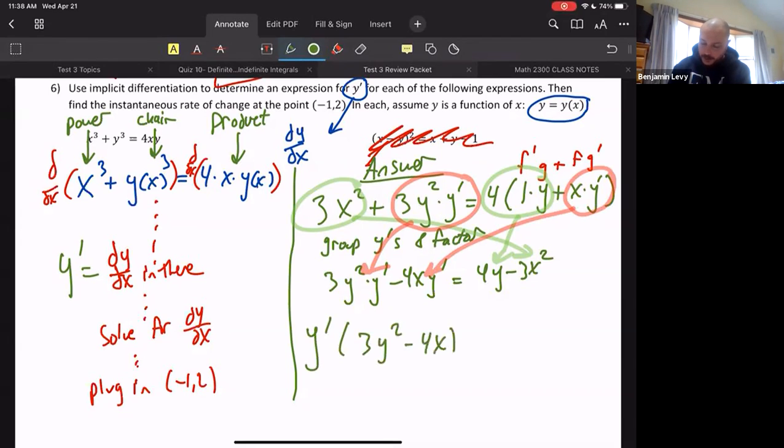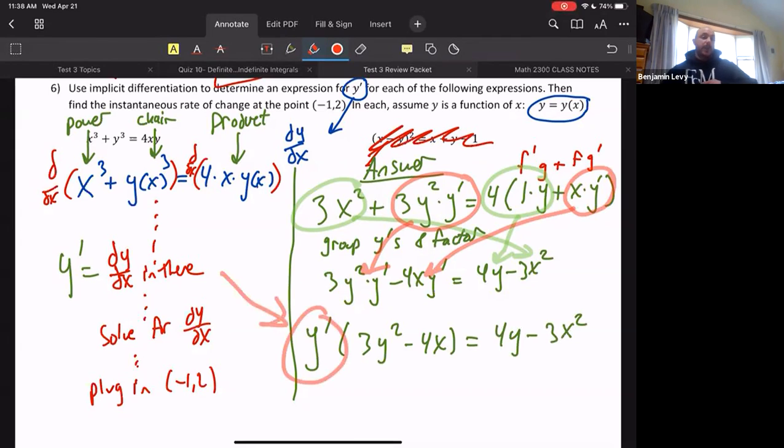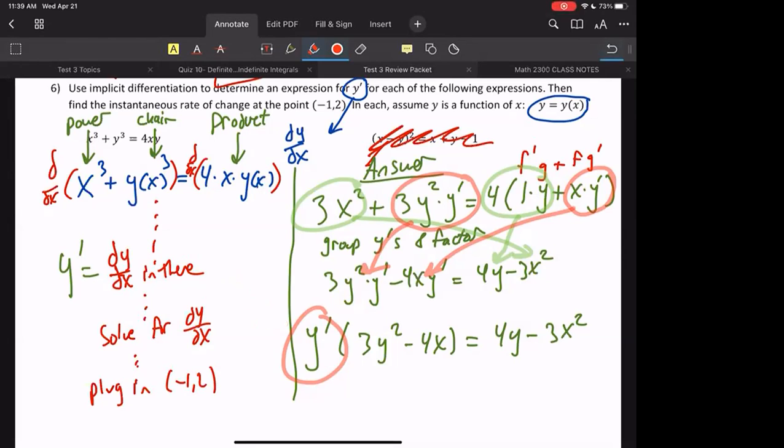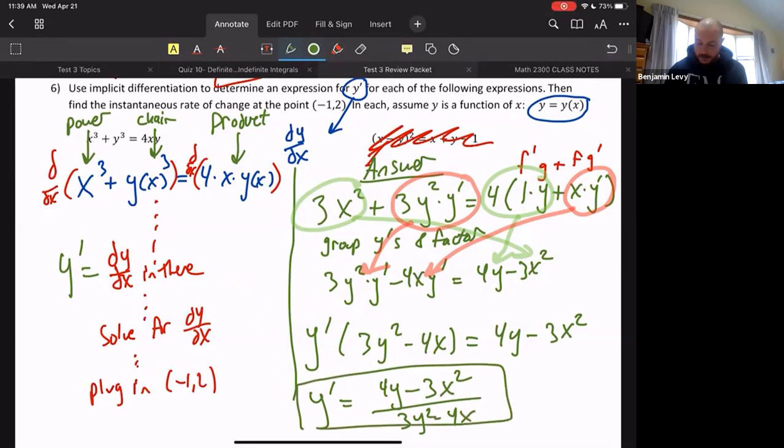So let me just see if there's a question before I finish it off here, but this is the whole point. We want to get that by itself, right? It's telling us to find an expression for y prime. So hey, now we only have one of them. It's multiplying, so we can just divide the rest of it over to the other side, and that'll be our expression. Then we divide 3y squared minus 4x from 4y minus 3x squared. And then we just have it on one side. That's exactly right. Yep.